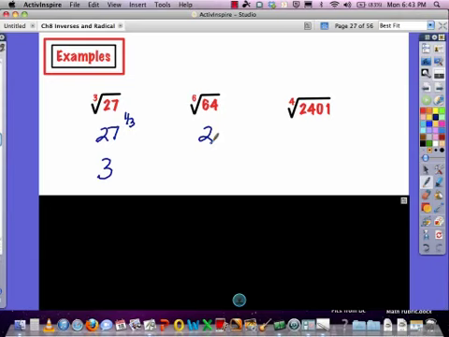2,401, and we're looking for a 4th root, and if you don't know it, you're not going to do that one in your head. Remember, you could always enter it on your calculator as to the 1/4 power, or even better yet, you could say to the 0.25, and you probably wouldn't even need the parentheses then. So 2,401, what number multiplies by itself? If you were having to do it